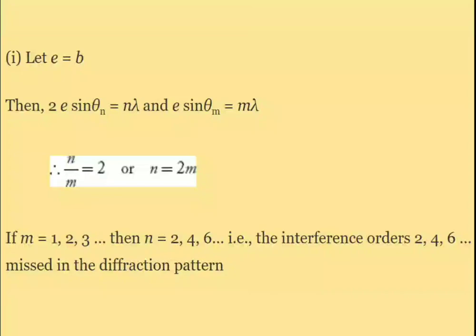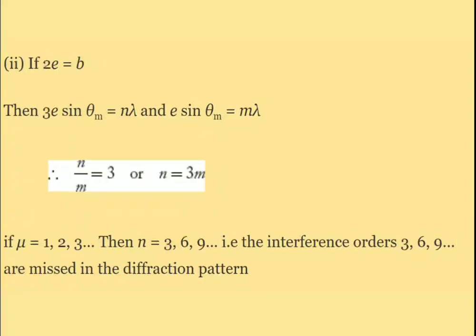So n is equal to 2m. By substituting the values of m as 1, 2, 3, then n is equal to 2, 4, 6. That is, the interference orders 2, 4, 6 are missed in the diffraction pattern. In a similar way,